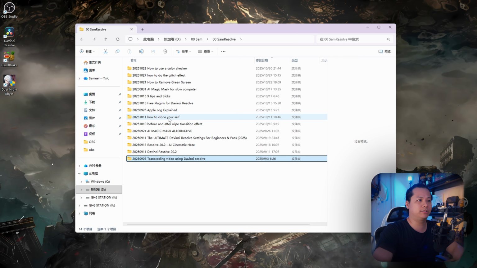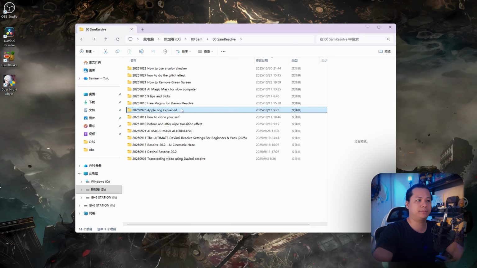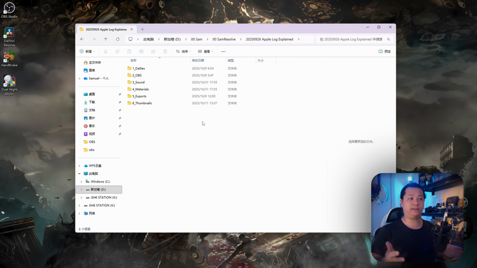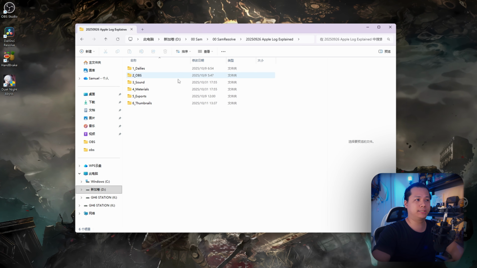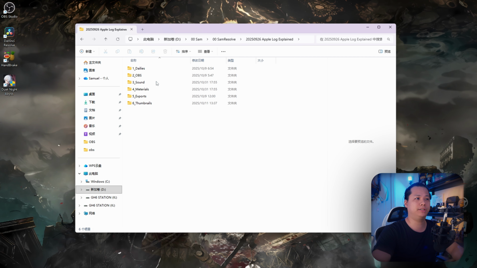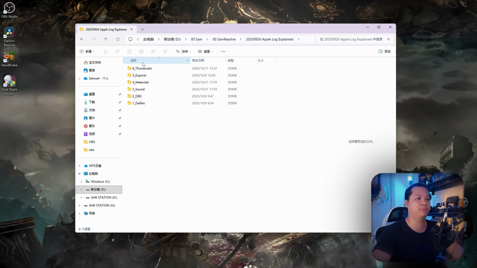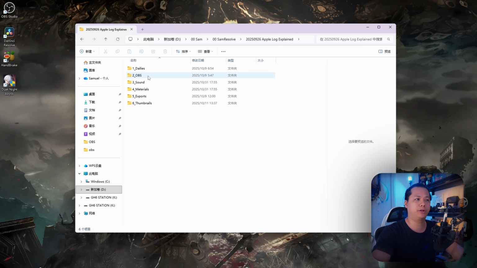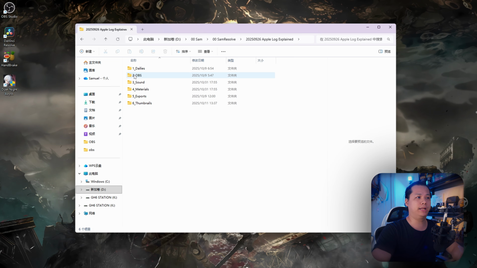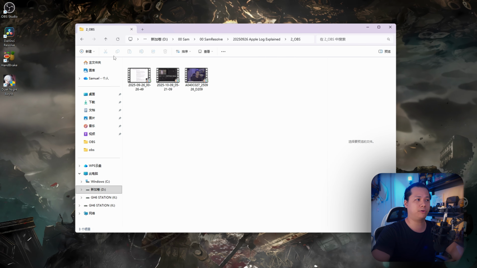Right here, let's take a look at this. While I was developing the structure of organizing the files, at first I started like this: number, underscore, and then the name of the folder. And why do I do that? That is because when I arrange my folders, they are pretty much well organized. The first one is going to be dailies, and then 2 is going to be my screen recordings,